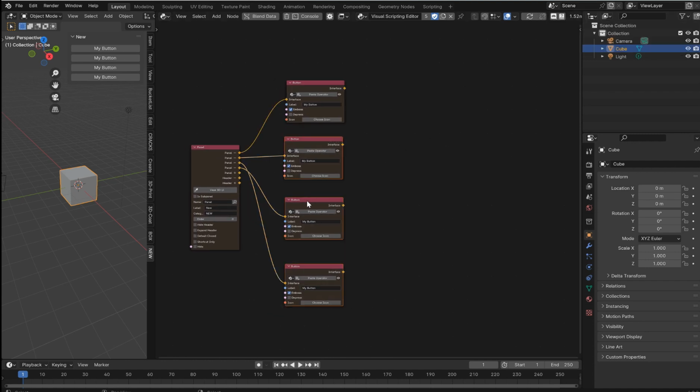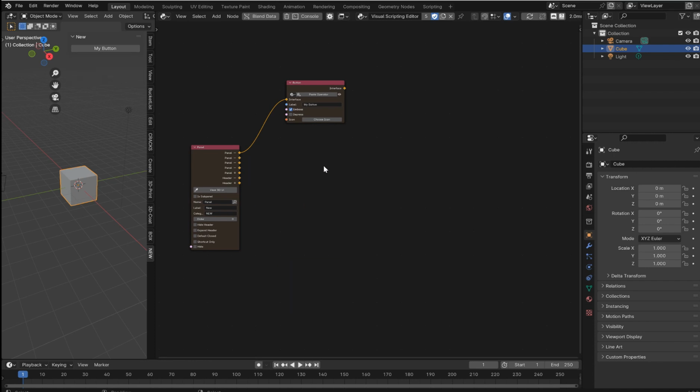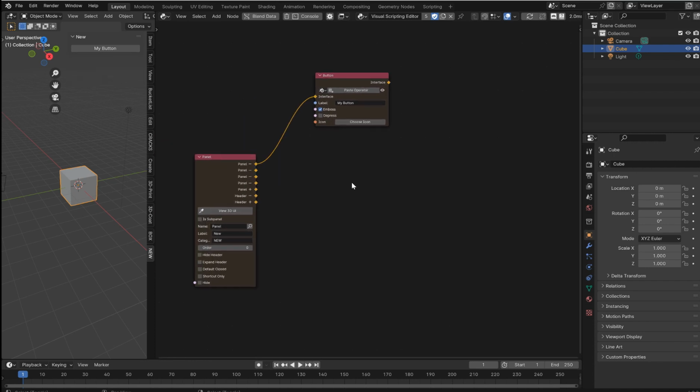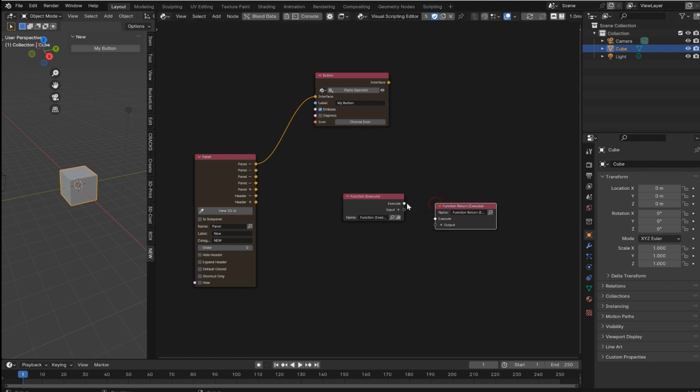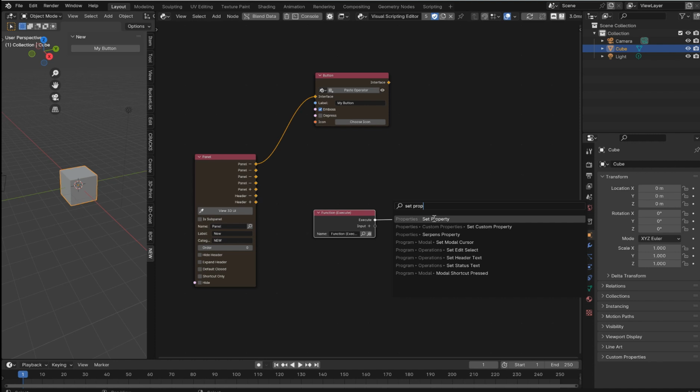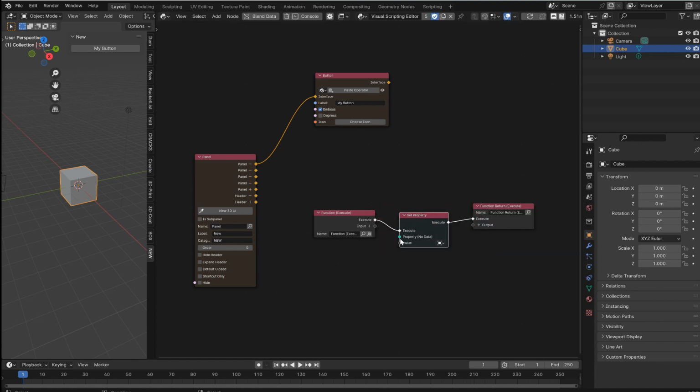Instead of adding all of these buttons, you would instead put in functions. Okay, so there's two types. And you would type in function execute, okay? You would type in function return execute, and then these two go together with something like a set property in the middle, and then your property, and then you can output values if you want. Okay, so we're not talking about